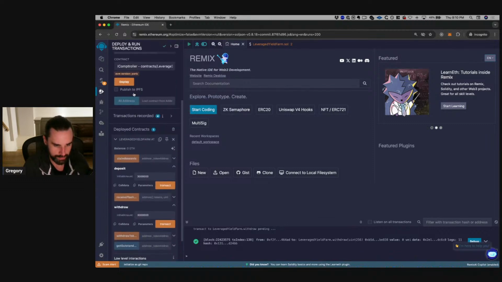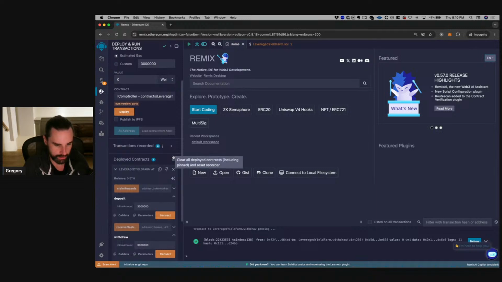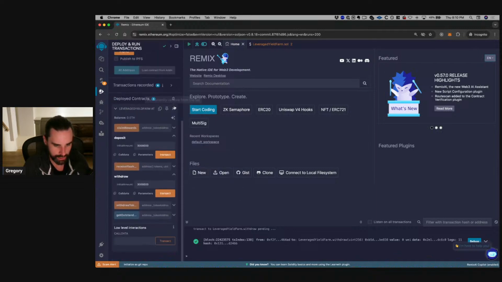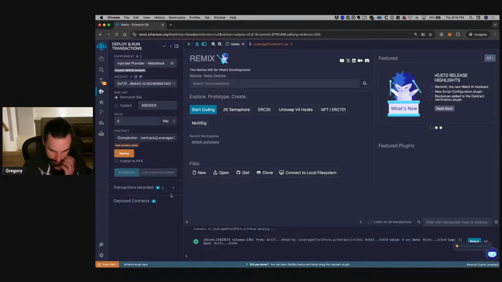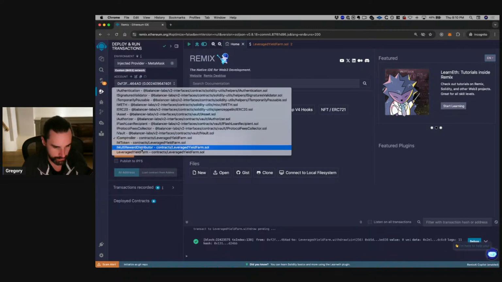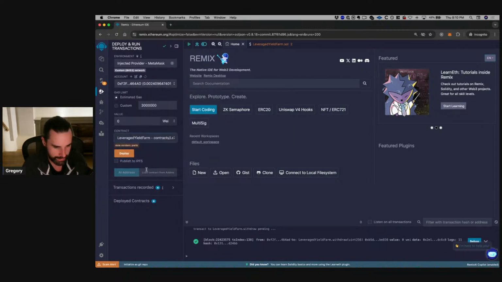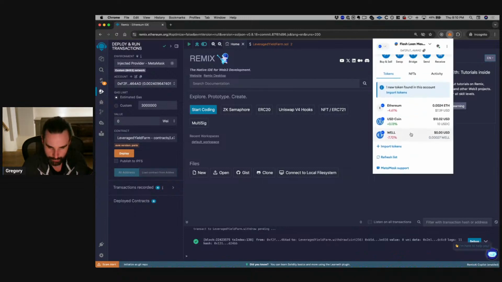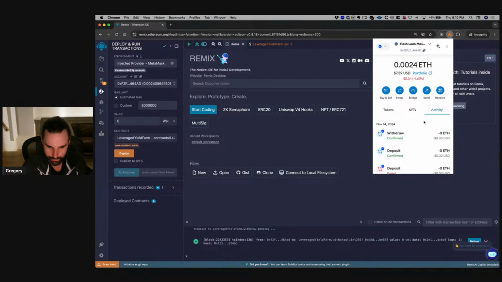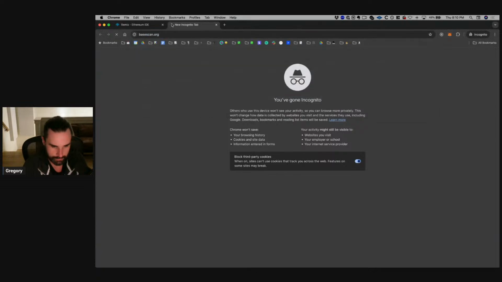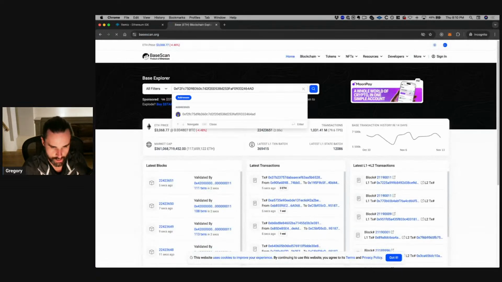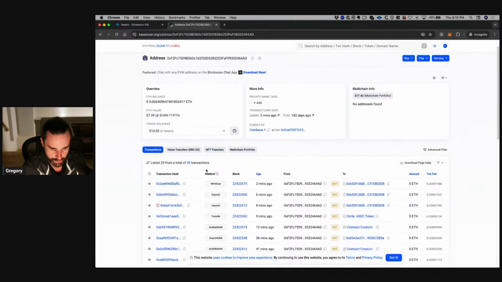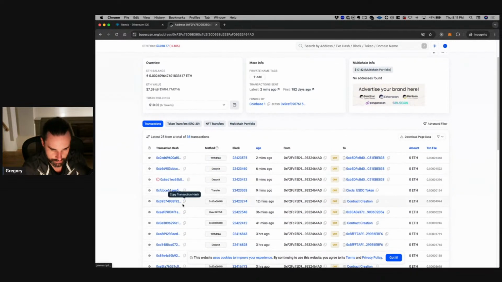And for the deployment step, you're not going to deploy it again. You're going to access an existing contract on the blockchain. So I'll clear these out. Instead of deploying the contract, leverage yield farm, you can do At Address. You can find the transaction in MetaMask where you deployed this, or just copy your address and go to BaseScan. You can search for your wallet address and find where you deployed your contract.